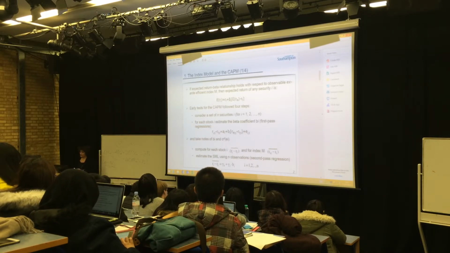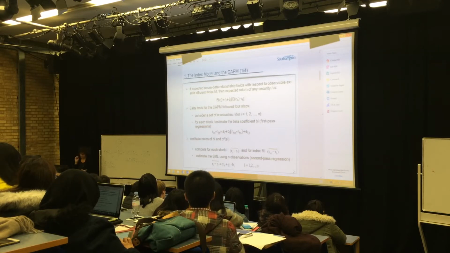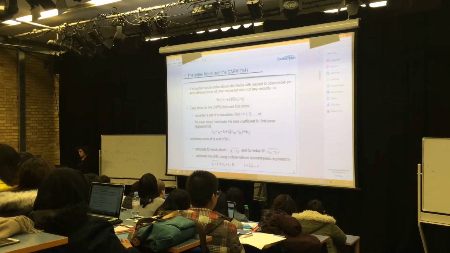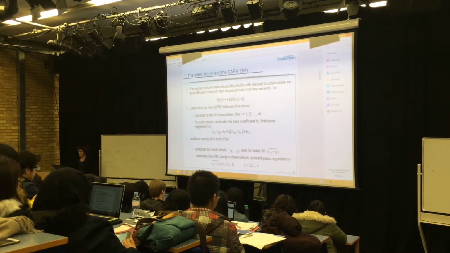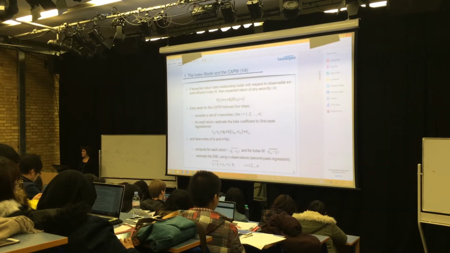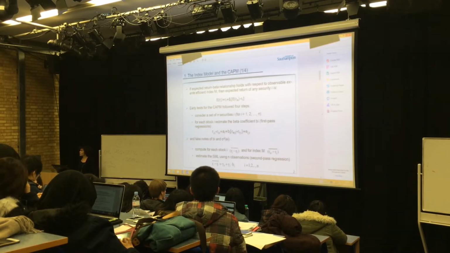So the way I can proceed to test whether the assumptions of the capital asset pricing model hold in reality is this. First of all, I define this regression, where I calculate the excess return of the stock i minus the risk-free rate at time t, because I have more than one holding period. This is, by the definition of our model, equal to alpha plus beta, the excess return of my